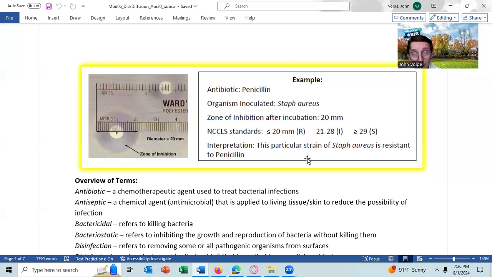I'm not going to say it's not going to work at all, because obviously there is some zone of inhibition. So it is killing cells. This is penicillin G, so I know it's bactericidal. But then you could even argue that if it's 20 millimeters like that, the penicillin G is killing some cells. It's just not killing them beyond